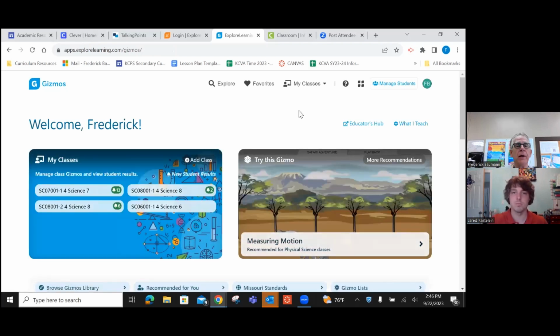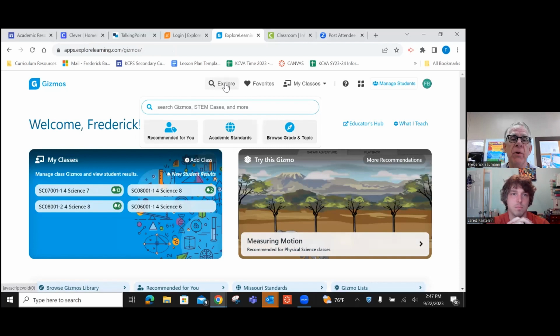Okay, so again, this is my home screen, and there's a couple different ways to go about this, but let's just start off with we're looking for a new gizmo. Okay, so we want to find one, but we're not quite sure which gizmo it is, what we have, etc. Well, if you hit that Explore button up at the top, you're going to have 3 different topics